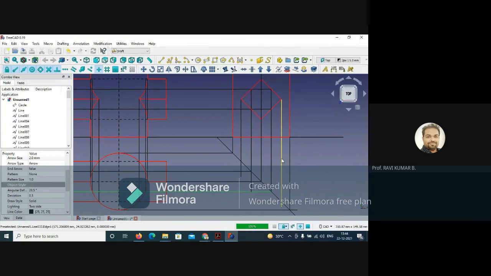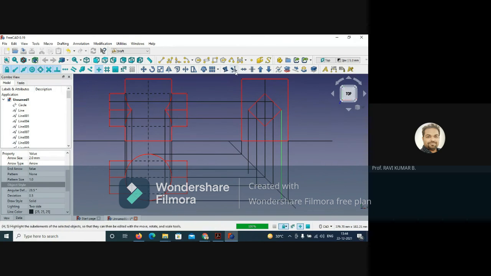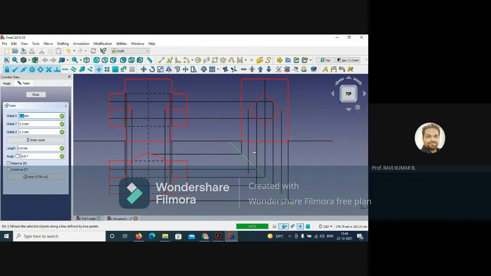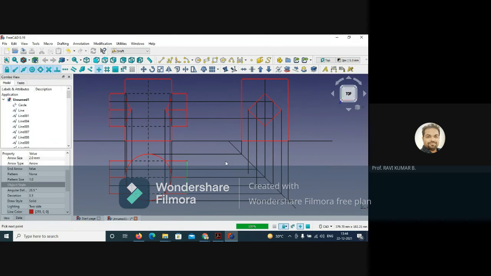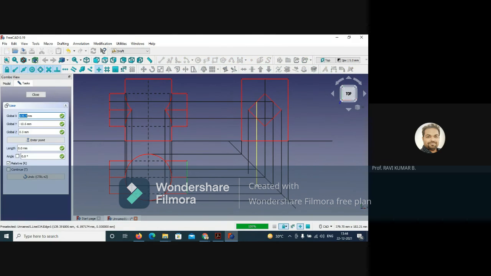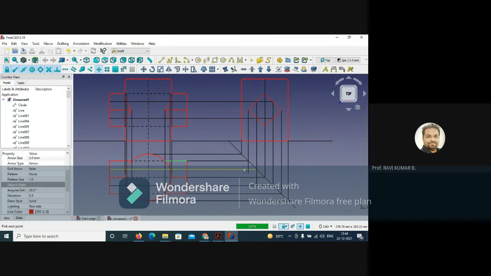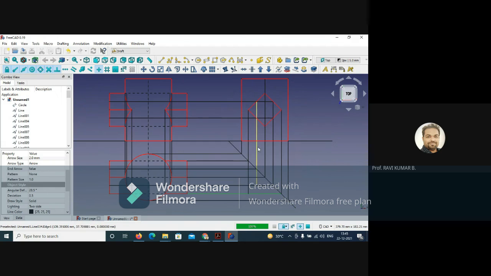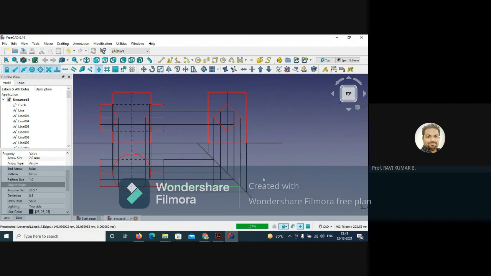So take this, extend only up to here, and then you project. And here also one projection is needed for this point. So you can take this one and connect, and you extend this. Okay, this can be gone up to here, no issue. So now this is also over. So you have drawn everything.